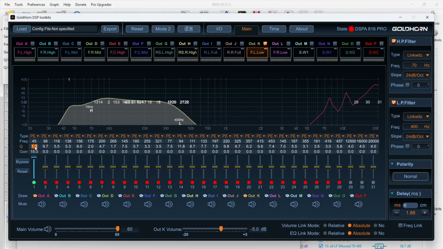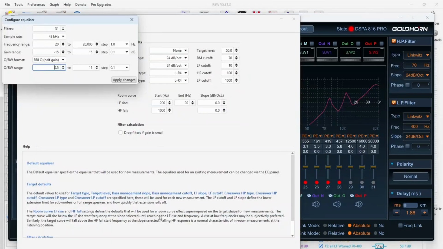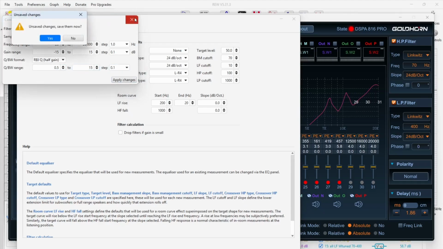All right, now Q on a Goldhorn can go from 0.5, which is extremely wide, or you can get peaky. And I'm just going to crank this all the way, and it goes up to 15. So you'll simply match those up in REW as the range 0.5 to 15 with a 0.1 step in between, and then you hit apply. Okay,